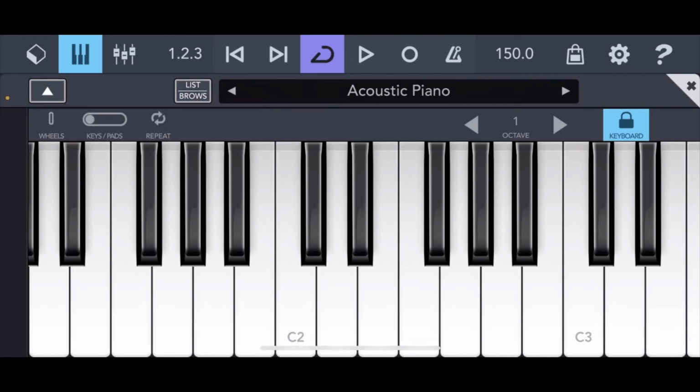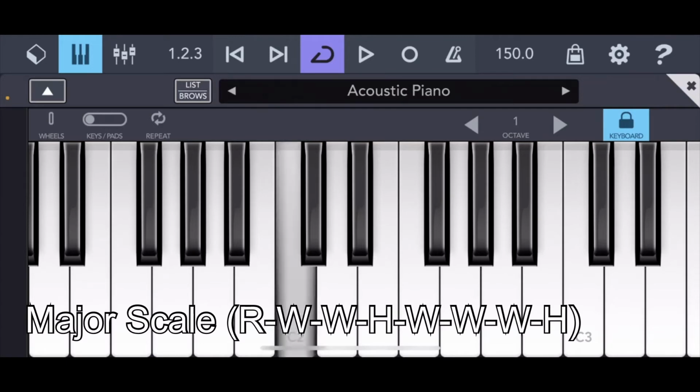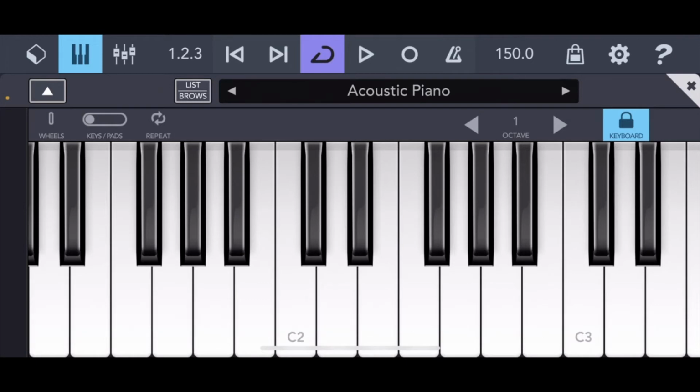Let's get into the major scale. First, we'll start on C. The first note of the scale will be referred to as the root note. Starting at the root, we have whole step, half step, whole step, whole step, whole step, half step. Now, it's easy to visualize this on a C major scale because C major only utilizes white keys on the